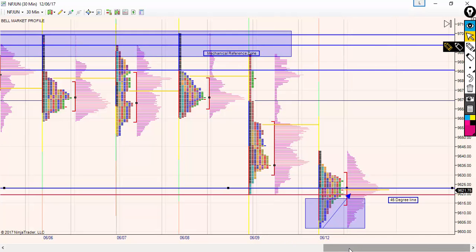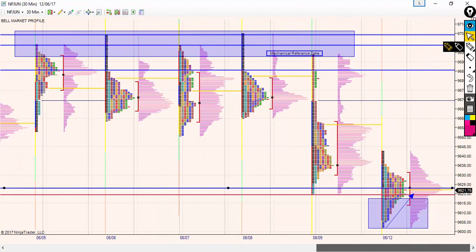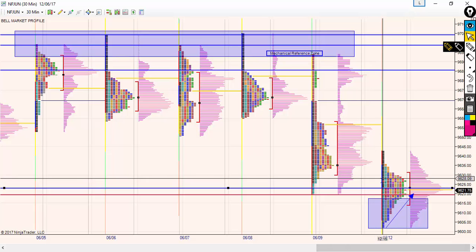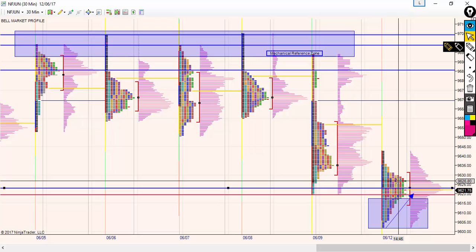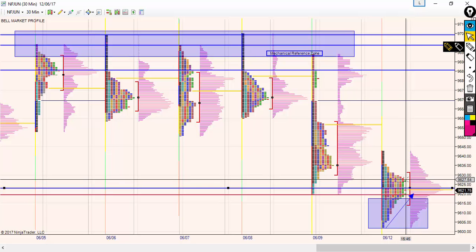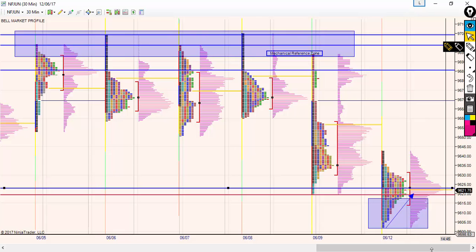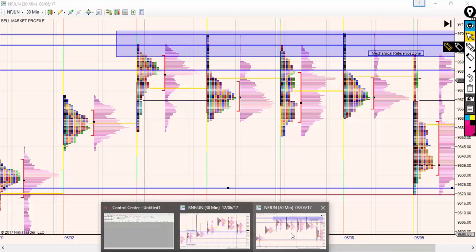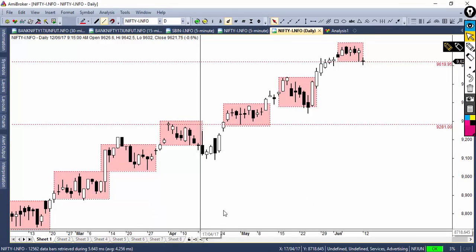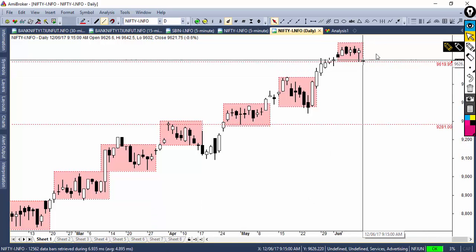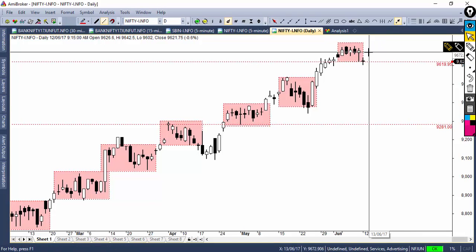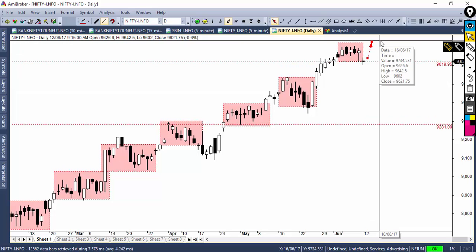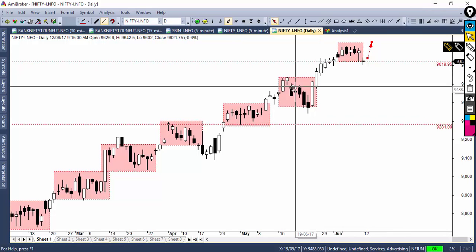A lot of mechanical selling happened within the balance. Moreover, price made a look below the balance and then a kind of failure setup. So naturally the destination trade is towards the other side. If we consider the entire thing as a balance, I'd say on the daily chart it's a look below the balance and failure scenario. The natural destination comes towards the other side, towards the 9700 reference again. That's what we have seen multiple times.